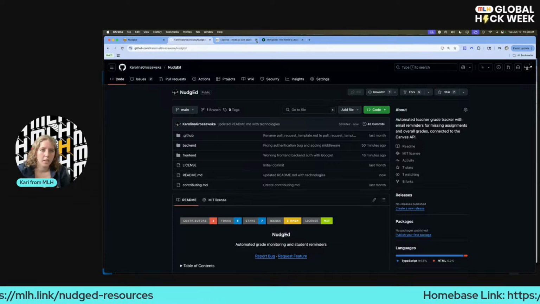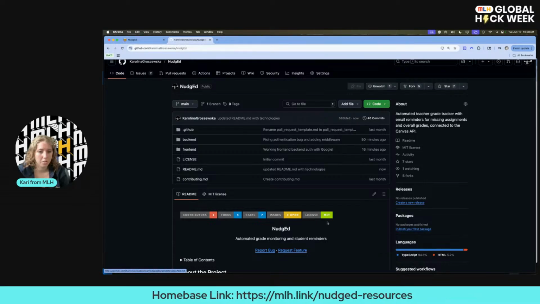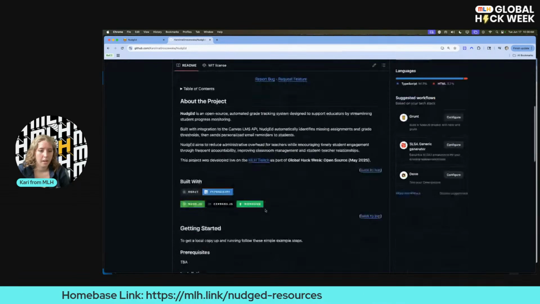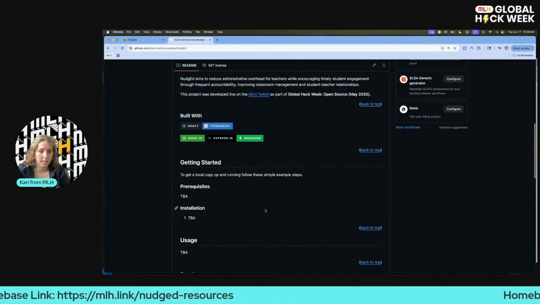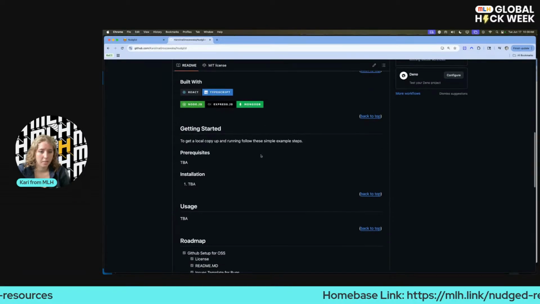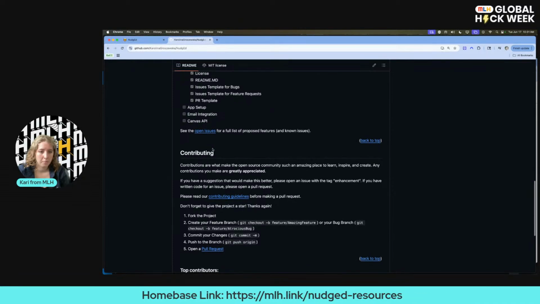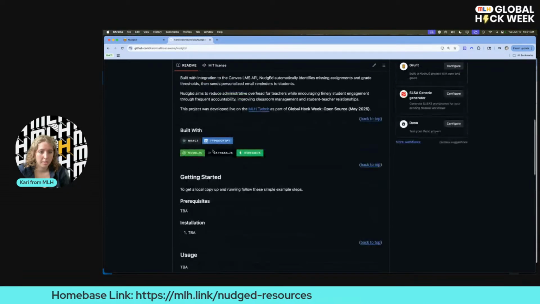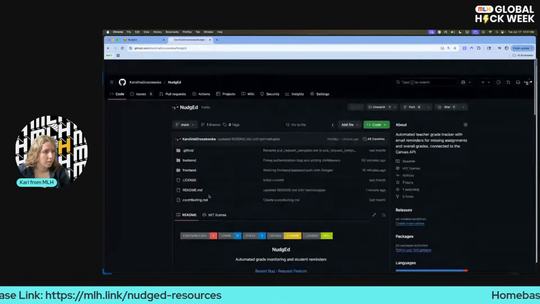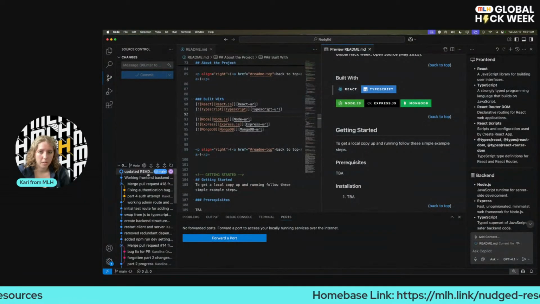Looking solid. Not bad. Here we have contributors, forks, stars, issues, the license, and then, of course, our MERN stack, usage, roadmap, and then top contributors, license, acknowledgements. Looks solid so far. Okay, I don't think there's much else we can unfortunately do in the next, well, minus one minute,